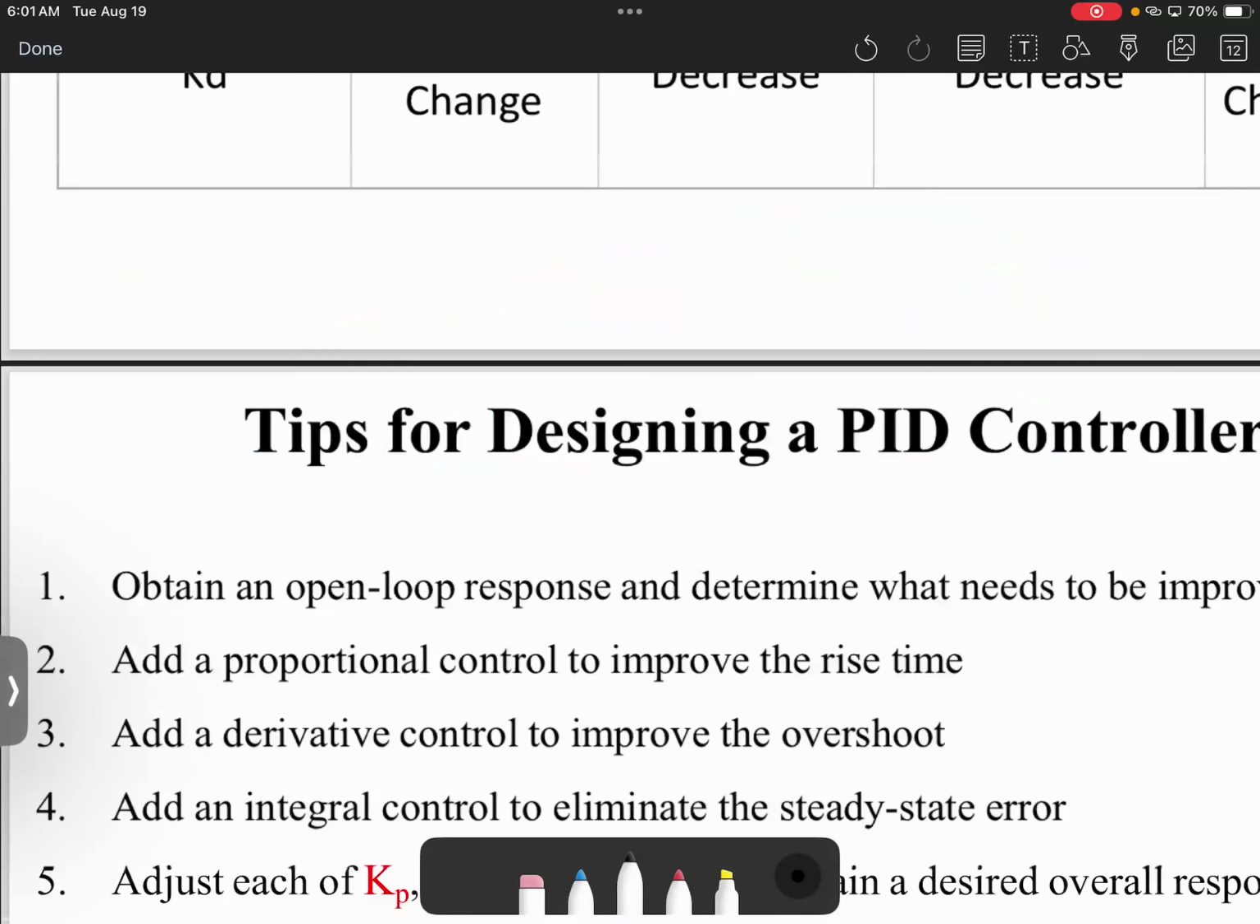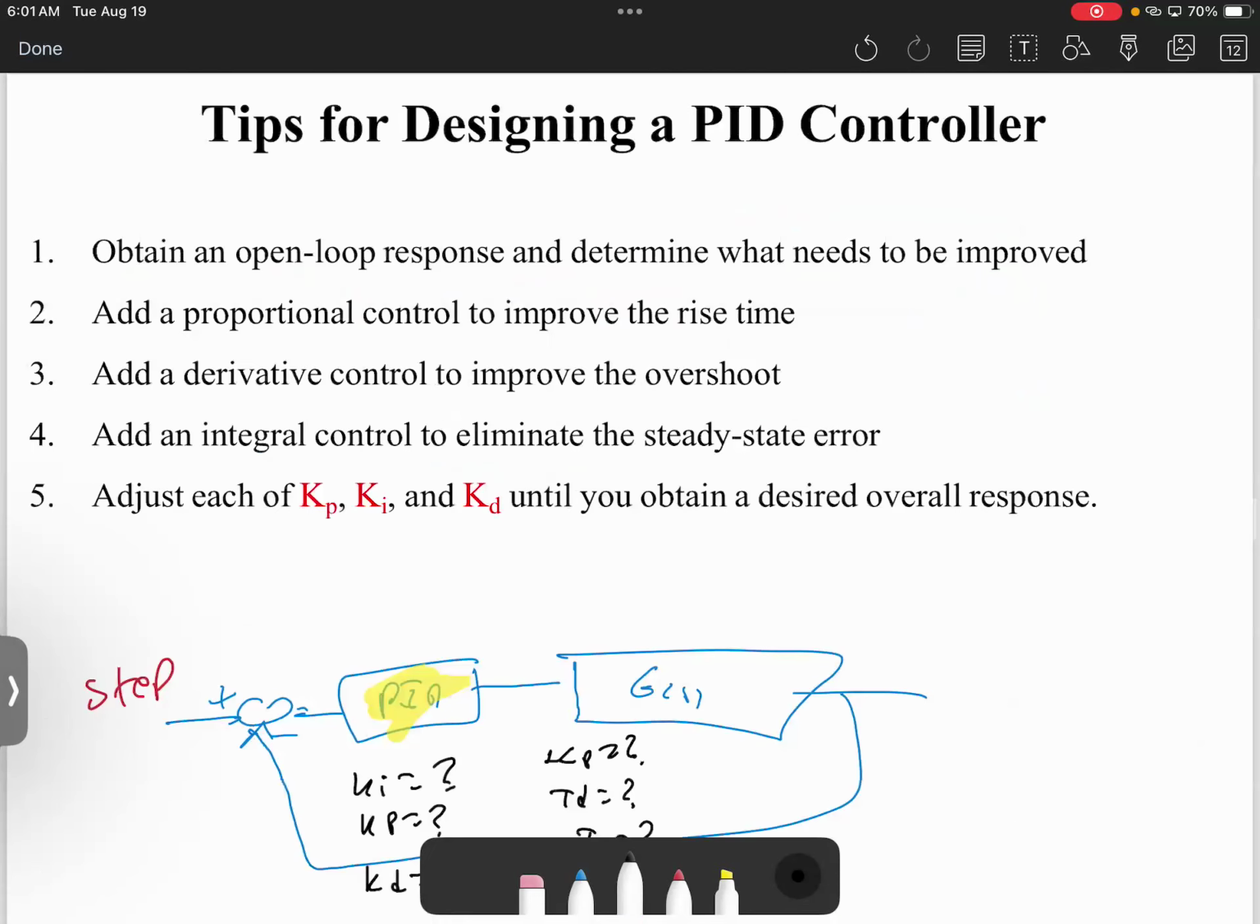So, tips for designing. Obtain the open loop response and determine what you need to improve. That's the way that we are thinking. What's the system now before doing any controller? Then what do I need to do? These are the targets, I mean, tips, which you should keep in mind. Then